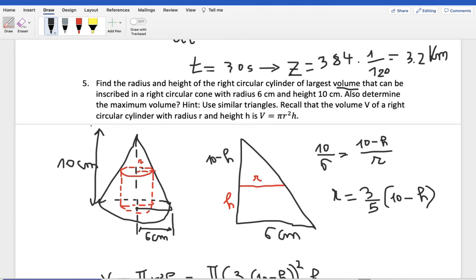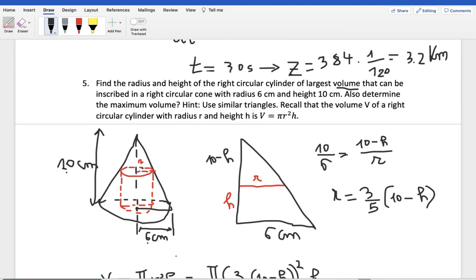Now we know that the cone is given to us once again with a height of 10 centimeters and a radius of 6 centimeters. So whatever the values of the radius and the height of the cylinder fitting inside the cone are,